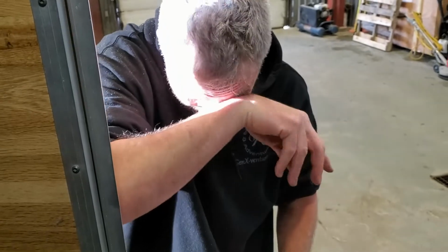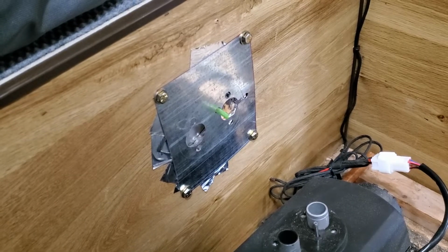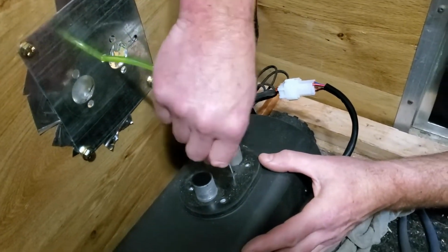The fuel line popped out, hit me in the face, and now I'm covered in diesel. Okay, go back to the hole. Okay, fuel line